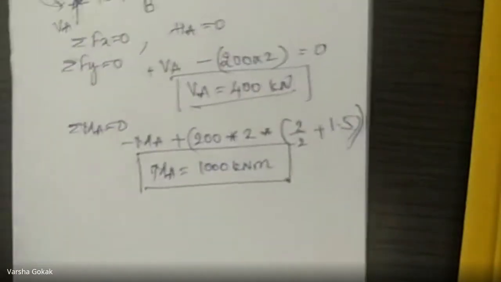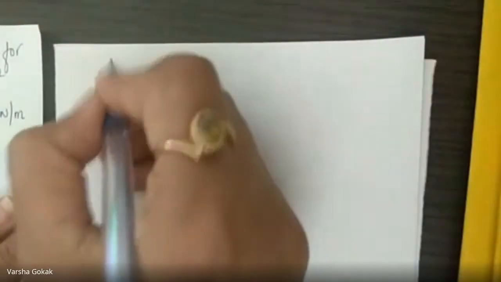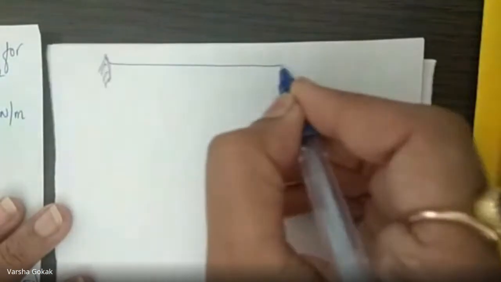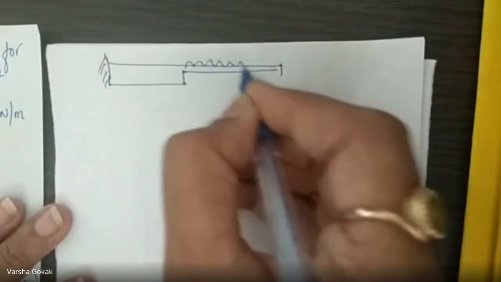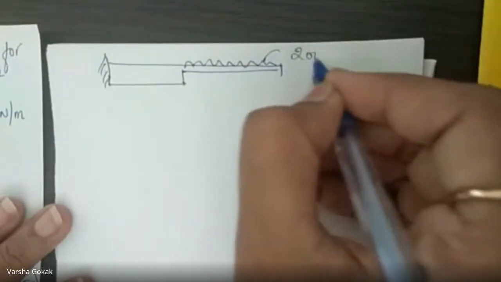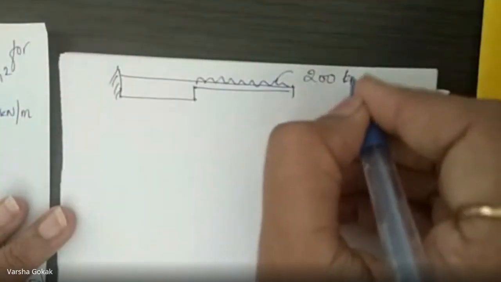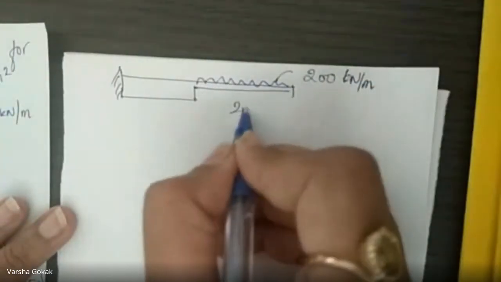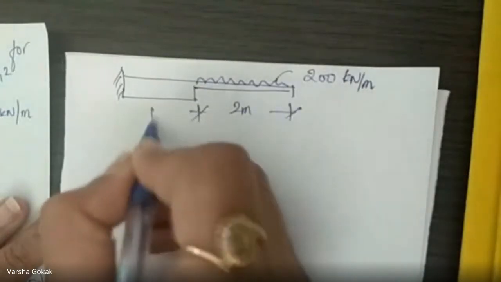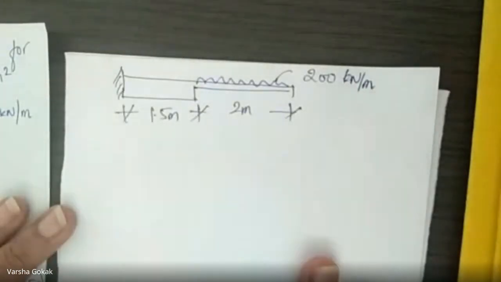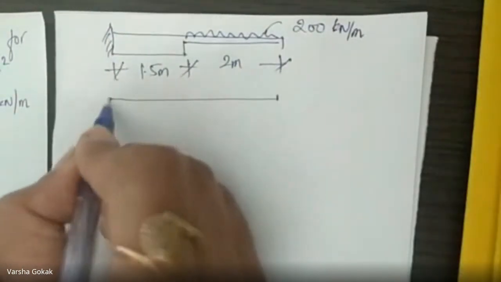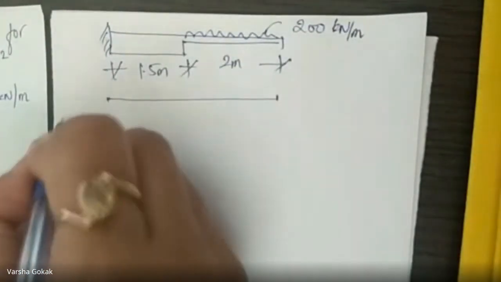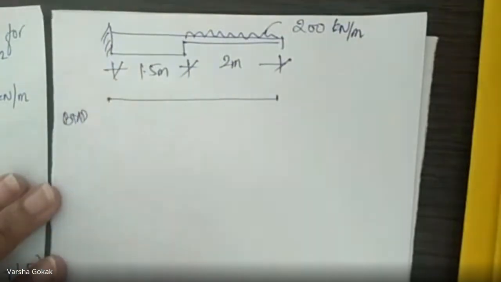we'll do one thing. I'll just flip to another paper. I draw once again this beam and we'll draw the bending moment diagram for this. So this is your UDL here of 200 kilonewton per meter. This is 2 meters. This is 1.5 meters, right? Now let us draw the bending moment. So for the bending moment diagram, first let us just draw the BMD. I'm not considering the EI.